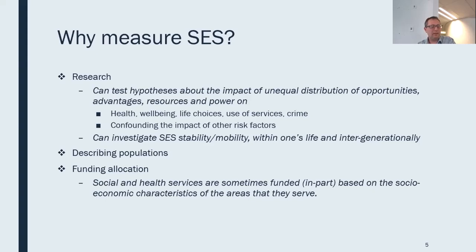Also, there's been quite a literature for many years now looking at socioeconomic mobility, both within one's life and intergenerationally especially. And that, I think, is probably focused on more on occupational socioeconomic status than any other measure because it has been around for a long time. You can describe the socioeconomic conditions of populations. And also in New Zealand, more at the deprivation end, it's used for funding allocation. So the NZ-DEP scale, which broadly speaking is a socioeconomic scale, is used for funding allocations for health and other things, and contributes to the education deciles, which I know are being revised.